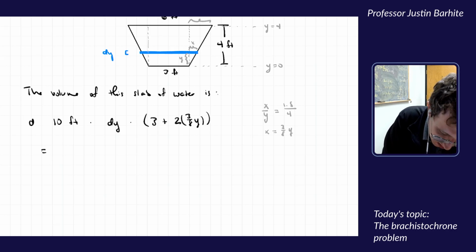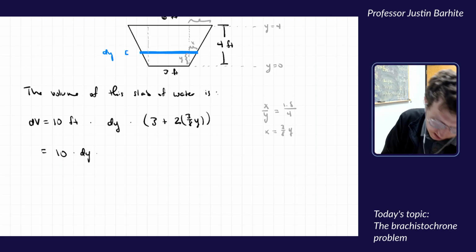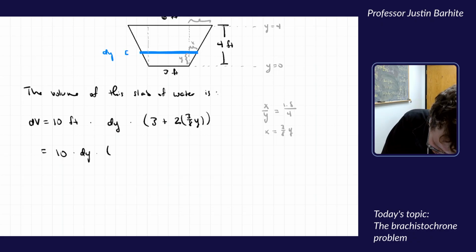Maybe I'll call this volume dv. So dv is 10 feet, and you know what? I'm going to stop writing units. We can just figure out the units at the end. So 10 times dy times 3 plus